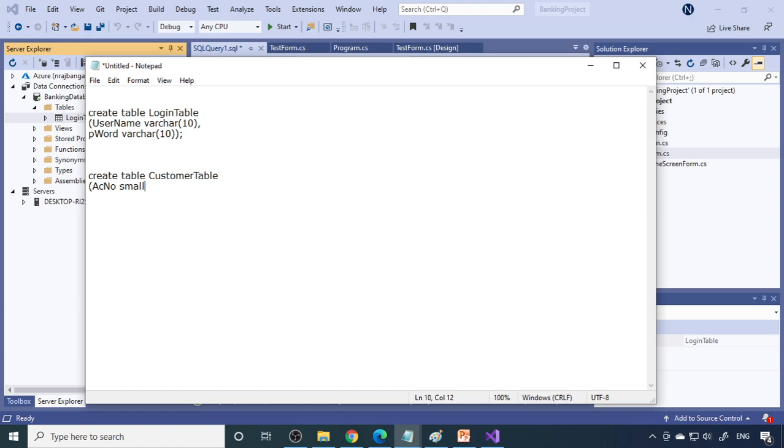Therefore I can take it as smallint. Next is the customer name. This I can take as varchar of 50. Address, let's say customer address. This is varchar of 250, 250 characters.